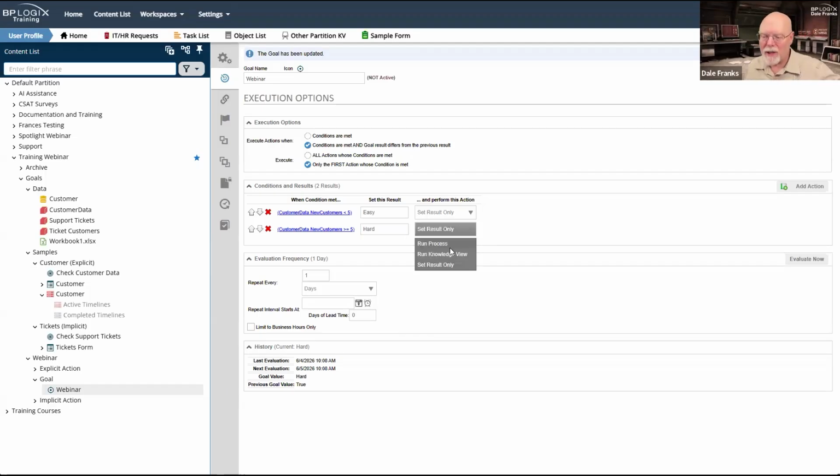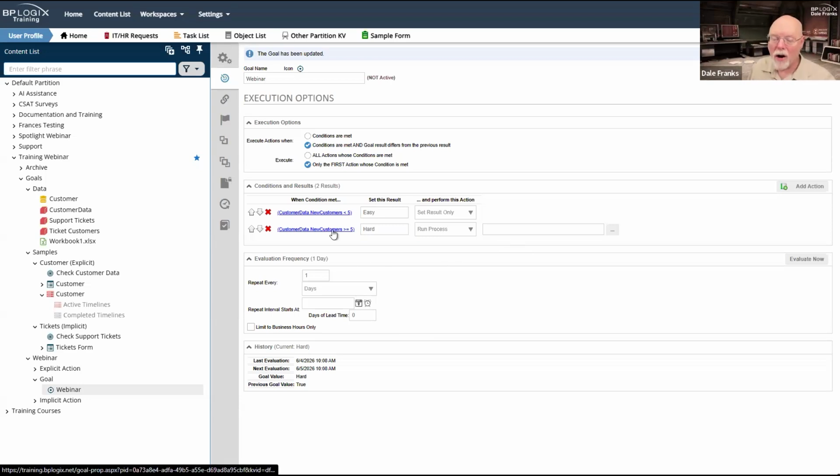So this would probably be one of those great examples of I only want to execute that action. So let's say I was going to run a we-got-a-lot-of-new-customers process. I really only want to do that if it shows up as hard and it was previously easy. If I run this goal several times and it returns hard all the time, I probably don't want to invoke that again, especially if it's during the same day.